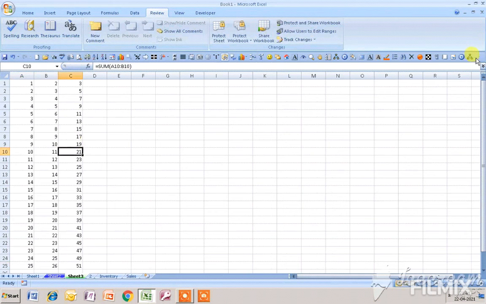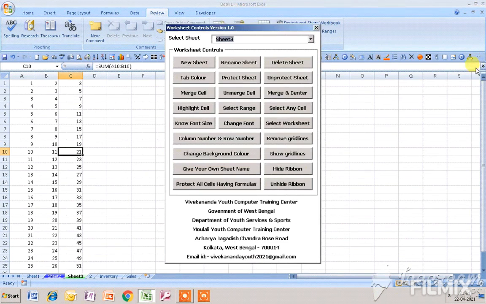So if I go to the worksheet controls version 1.0, and if I click on this button that protects all cells having formulas, then you can't change the formulas. Then all the formulas in this particular worksheet will get protected.